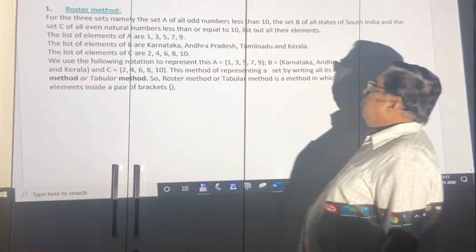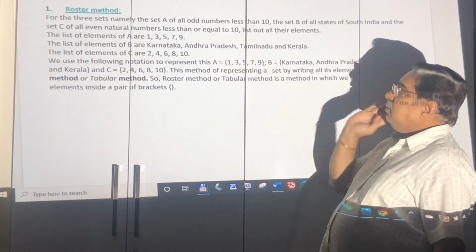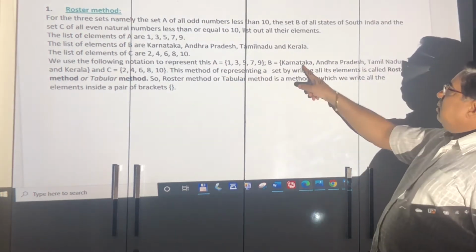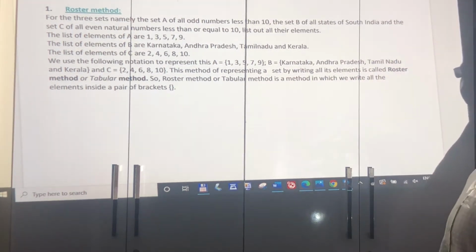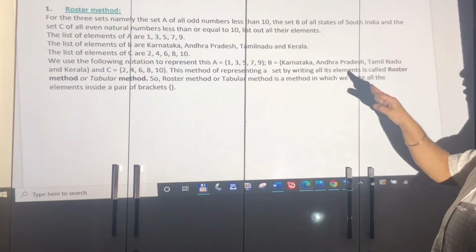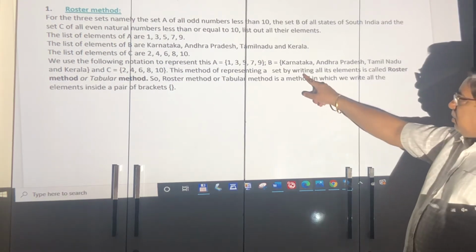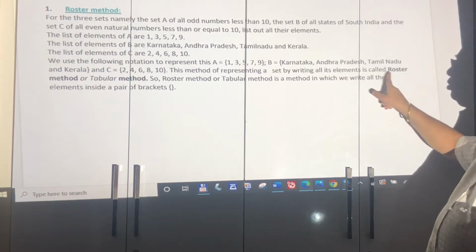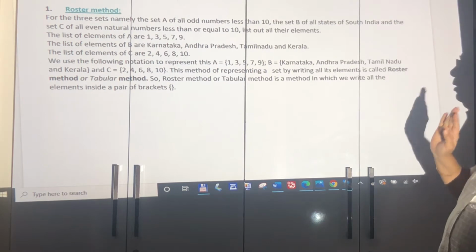Okay. Now we write it as I told you: curly brackets, comma separated, and a capital letter for the set's title, B like this, comma. So this is just like your roll call. All names are written, one below the other. Here we are writing curly brackets, open braces, and we write the elements. So this method of writing all the elements is the roster method or tabular method, like a table you have filled. Okay. Let's see the second.